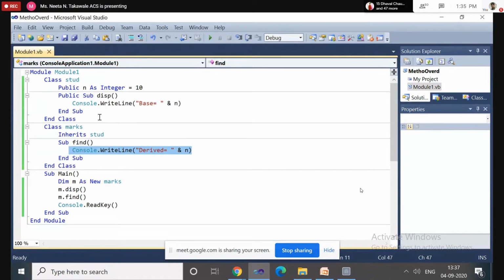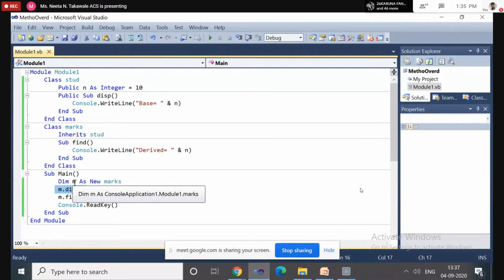Plus, this display is also declared using the public access specifier, so we can also access that method using the object of the derived class outside the class, because display is a method declared using public. So when methods, properties, or variables are declared using the public access specifier, they can be accessed inside the derived class and also outside the derived class.